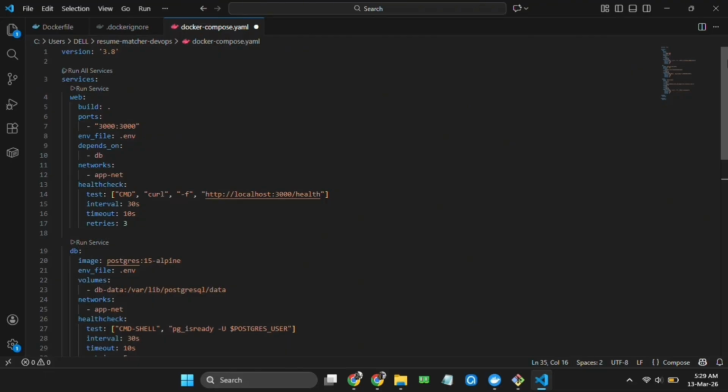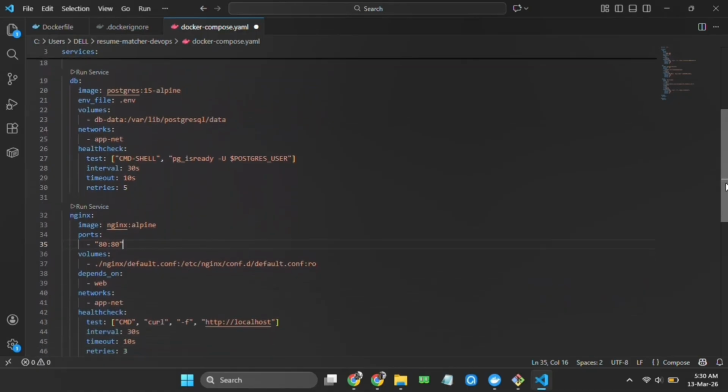It stores the persistent data. Networks, that is AppNet, which means it is connected to the AppNet network. Health checks: this runs pg_isready, which means Postgres is ready, to verify whether the database is accepting connections or not. Also has AppNet as a network. So this AppNet would help in communication between these 3 containers.